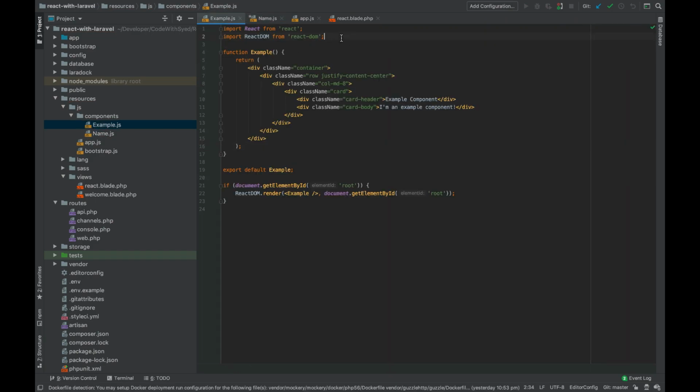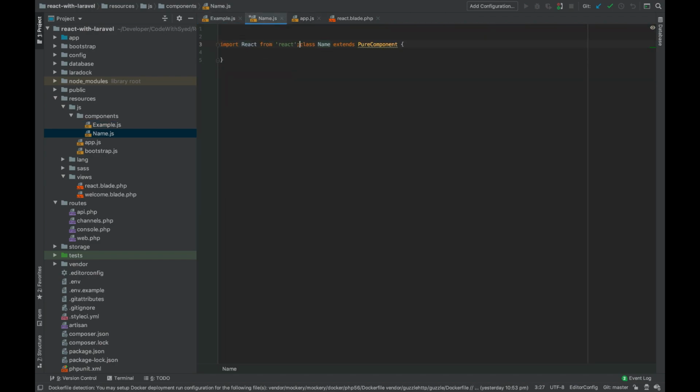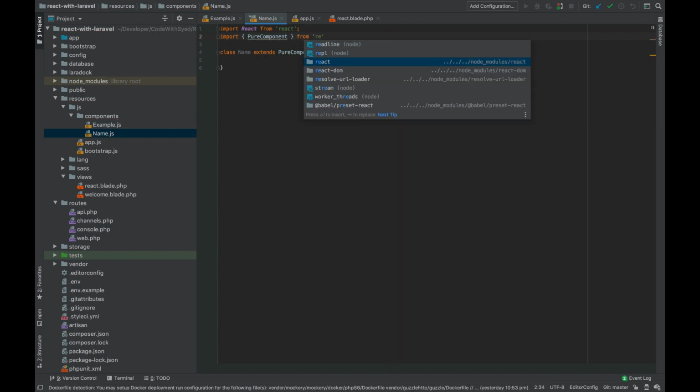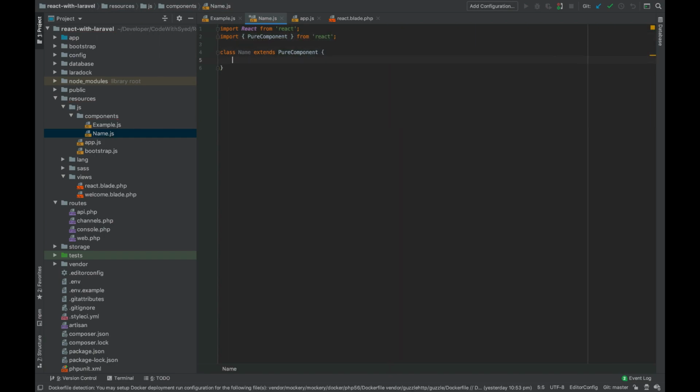Use all the important imports that we would need. Import PureComponent as well from React. And just call your render function, sorry,